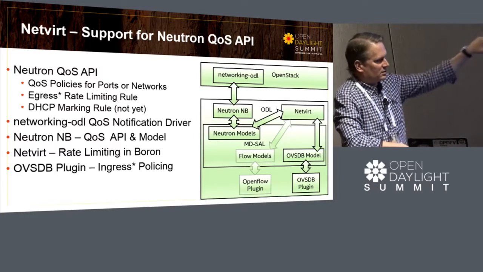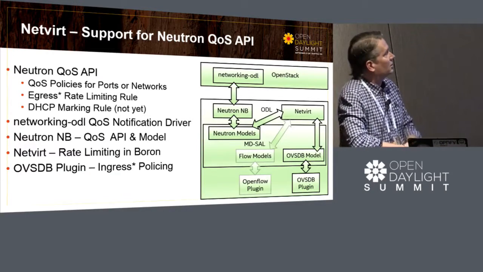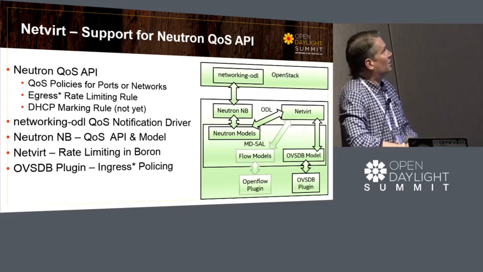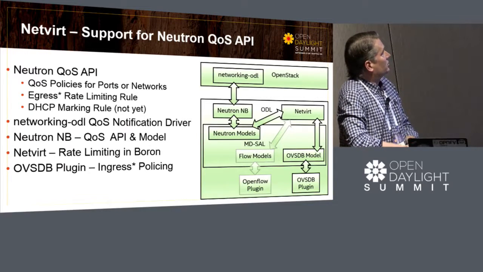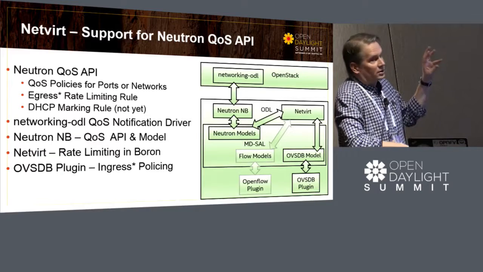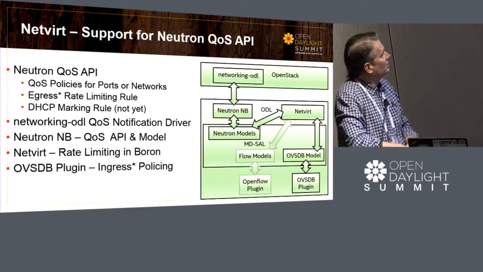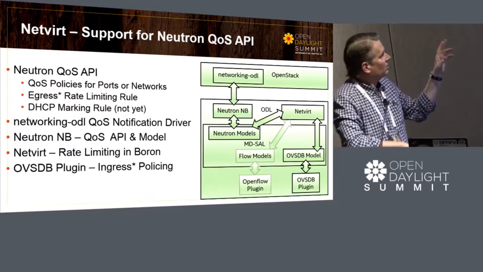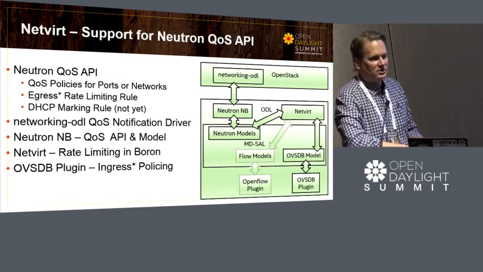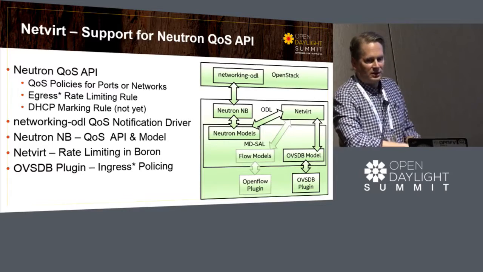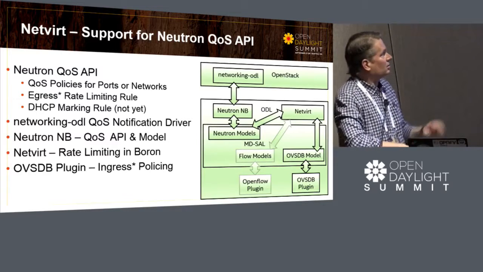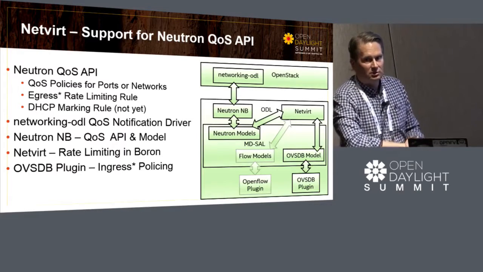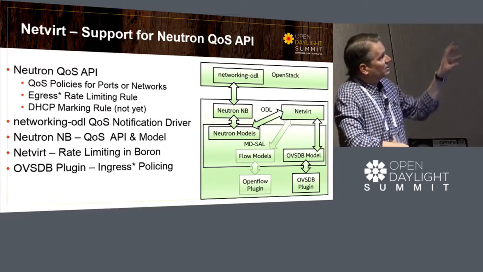And I say not yet because we don't have it implemented in NetVirt yet, but it is part of the Neutron API. And so anyway, Neutron has a QoS API, and what we've done, some of my colleagues at Intel have added to the networking ODL driver a QoS notification driver. So basically you can configure networking ODL to support and use this notification driver to support the QoS API. And then on the OpenDaylight side,